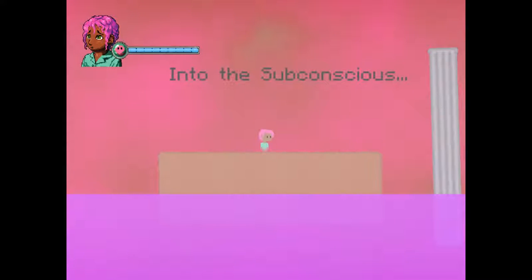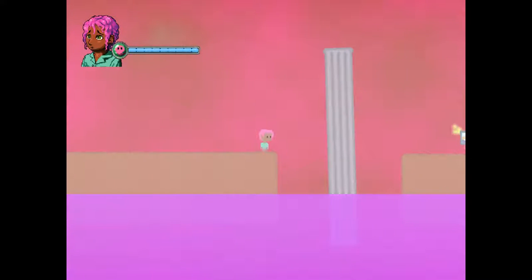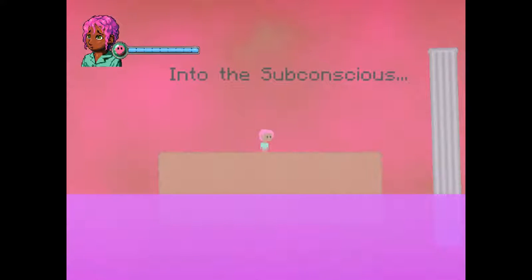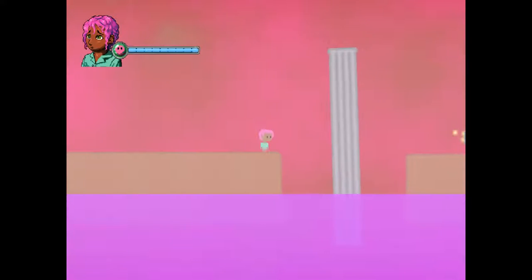And then just so the player further gets the mechanic of ghosting, you're given the chance to ghost again. And this time you realize that ghosting is going into the subconscious of the character when you're given this text. So this next bit is the first example of one of the gameplay levels, so that there's a combination of adventure levels and platforming levels. So this is the first platforming level in which you're supposed to perform this mechanic in order to get through this column. And it's pretty